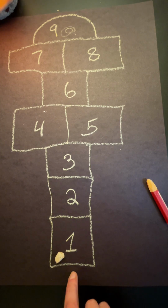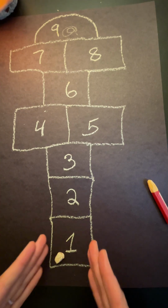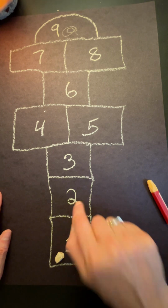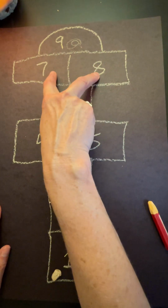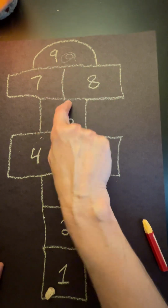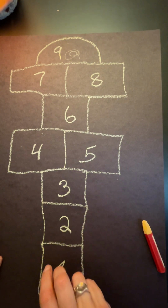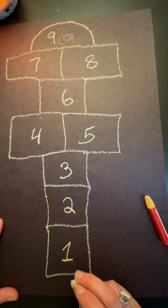So then, as the jumper, you have to skip the spot that the stone is in. And on the ones that are narrow like this, you put 1 foot down at a time. So you have to hop from here, hop, hop, and then you can put 2 feet, hop with 1, 2 feet. And then on this one, you can double hop to turn around and you come back, hop, 2 feet, hop, hop. And then you have to stop and lean over without falling down and pick up your stone and then skip it again. And if you do that all the way through, then